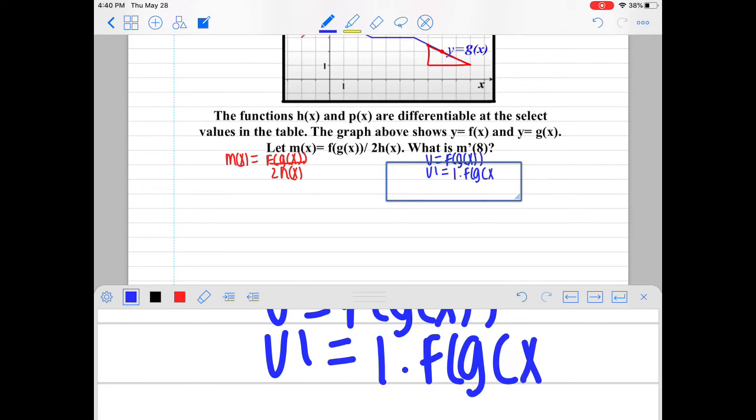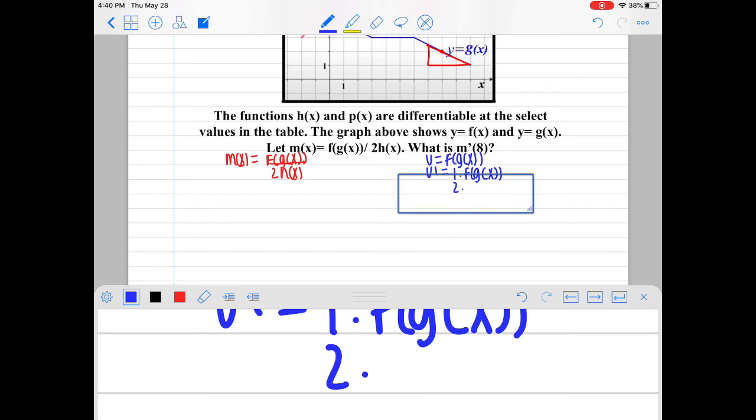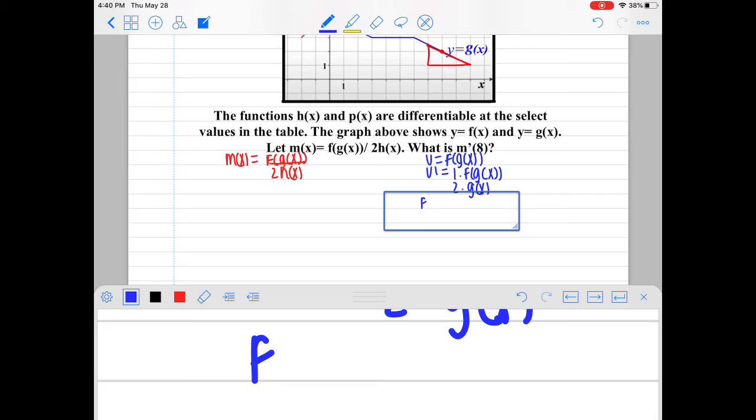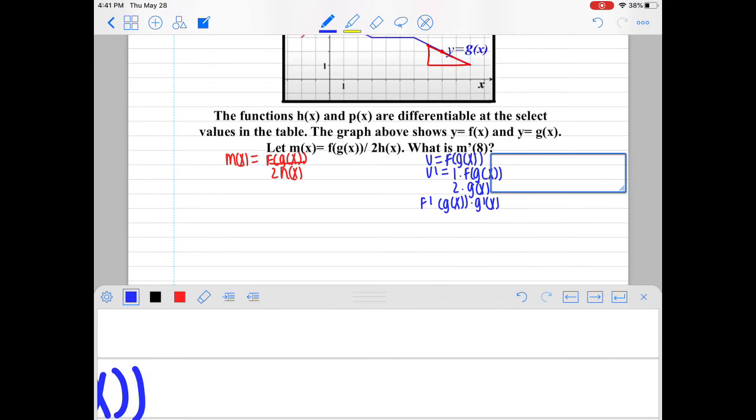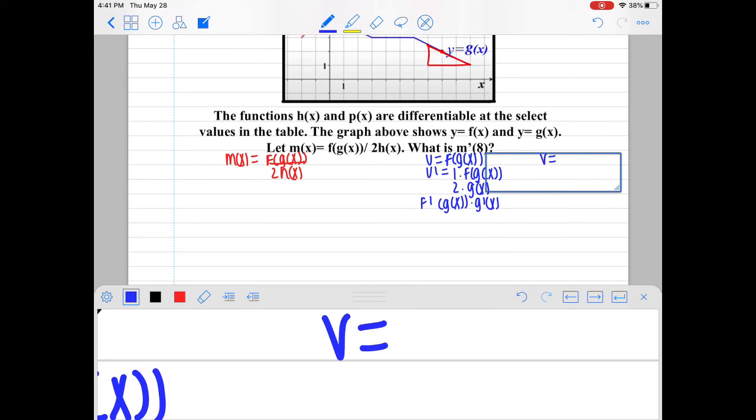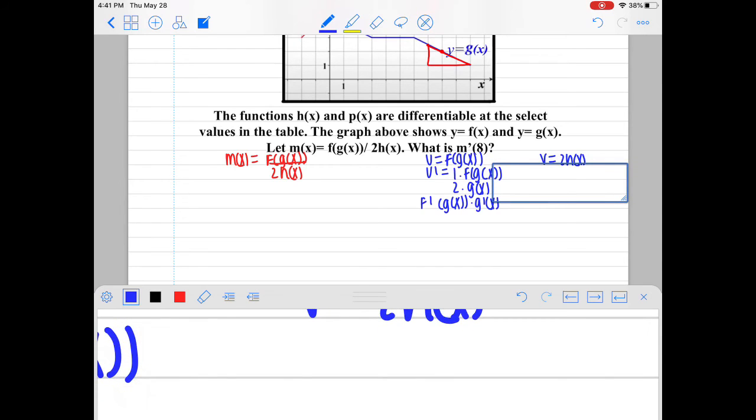So the outermost function is f of g of x, and the inner function is g of x, and we're going to find the derivative of both, which is going to give us f prime g of x times g prime of x. The second function is 2h of x, and the derivative of that is just going to be